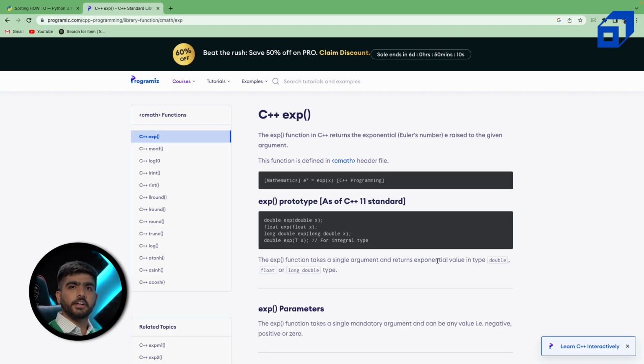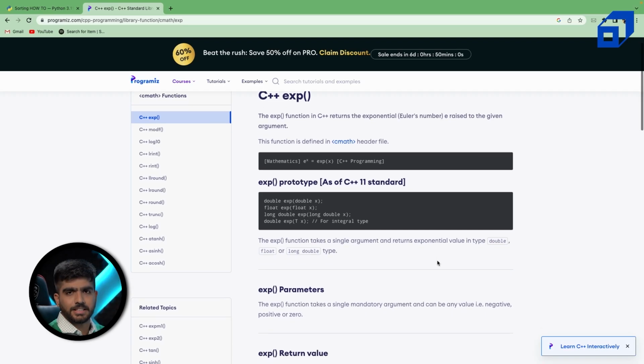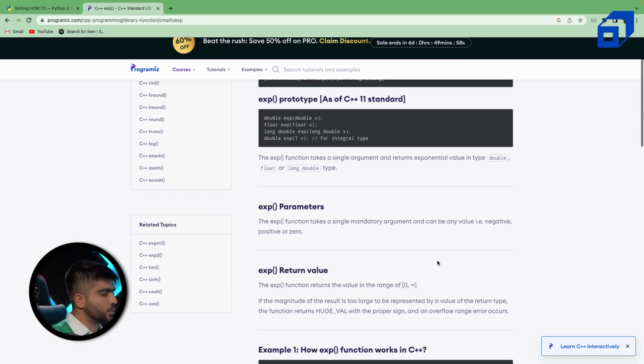If I want to convert it into int, it's not going to give me an integer. I need to typecast the double, float or long double to int if I want to use it as an integer. But exponentials are not integers, as we know. So